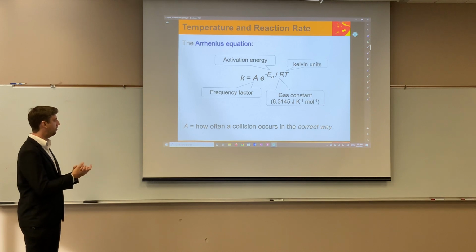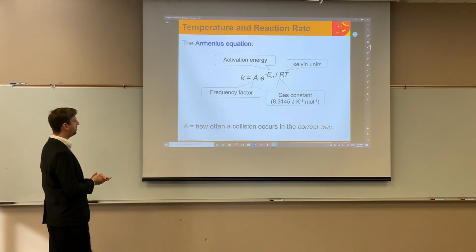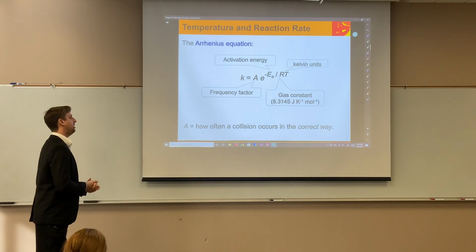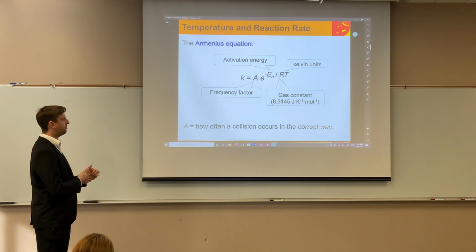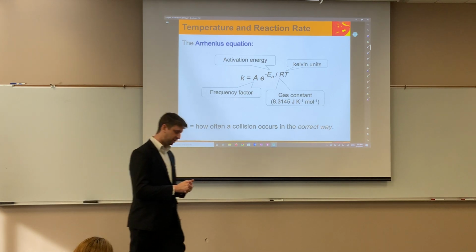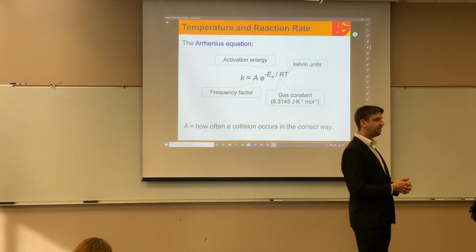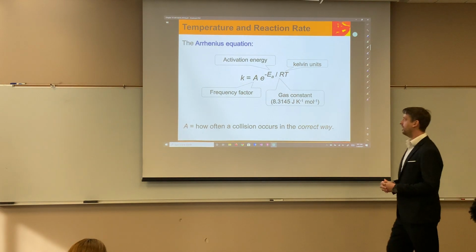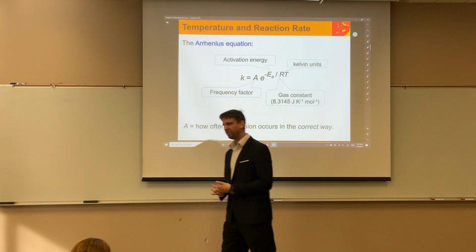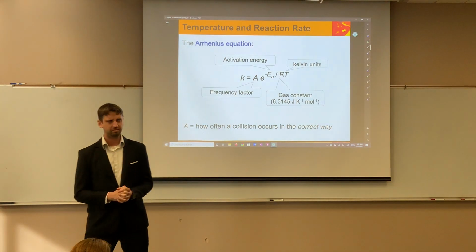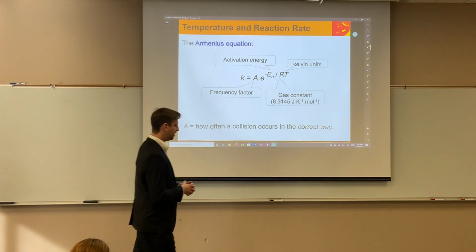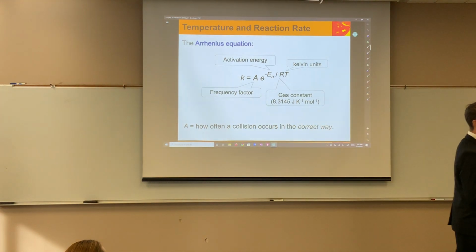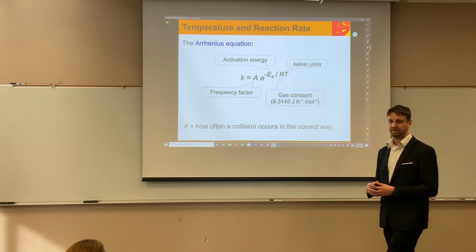It looks very scary again, right? So we have the Arrhenius equation, where we have some constant k is equal to a frequency factor times e to the negative activation energy over a gas constant times units of temperature. Oh my goodness, okay. So what is this all saying here, right? So this equation has a lot of different applications to it, right? Basically, if we want to simplify this to put it into perspective, we can rearrange this Arrhenius equation to calculate the activation energy for a temperature-dependent process. That's all it's saying, okay?